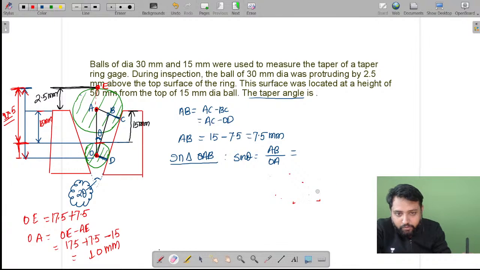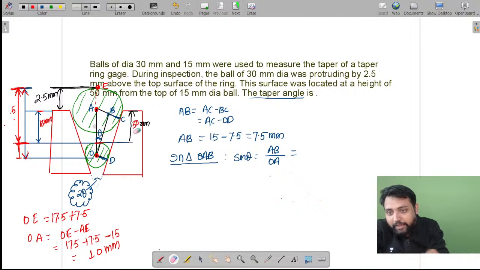The main thing is to find this value, which is OA. Yes. And what did you come to know? Sorry, this is what they are saying, 50 mm. Now we wrote 15. This is what they are saying, this is 50 mm. Hold on dear, this is 50 mm. So this will become 57. No, then this will become,